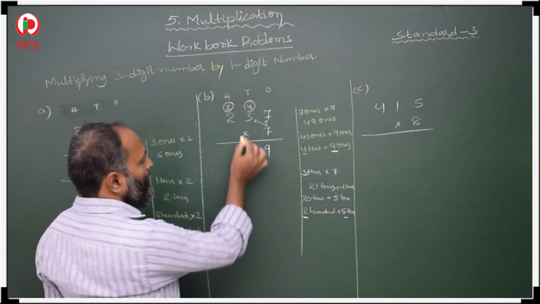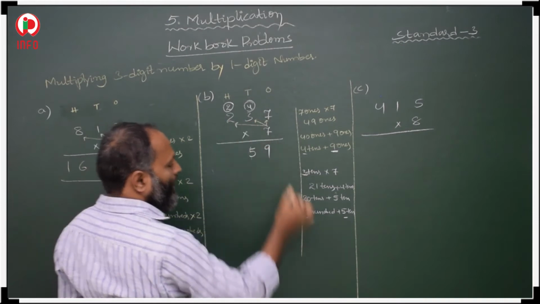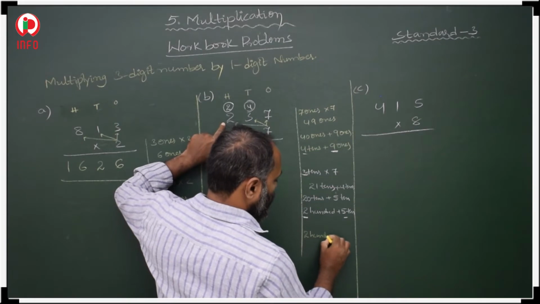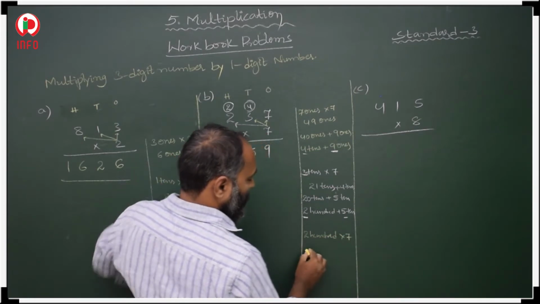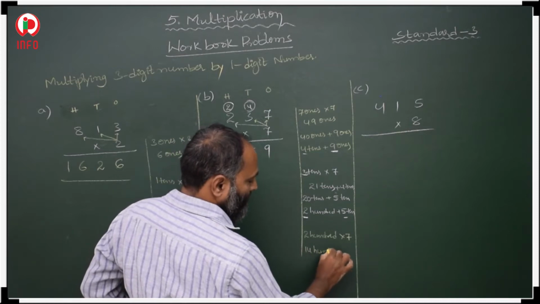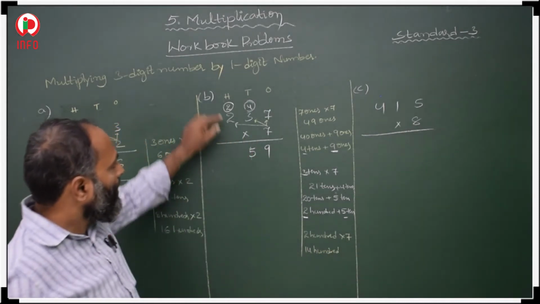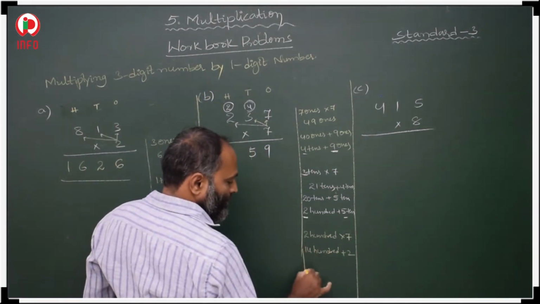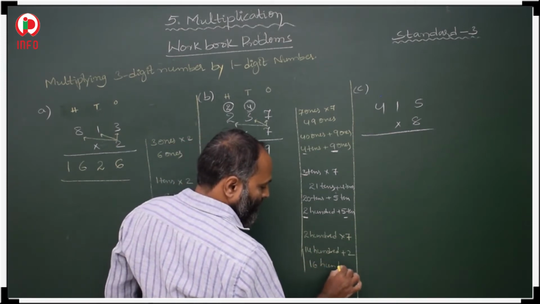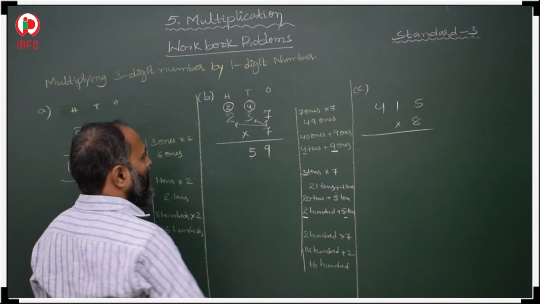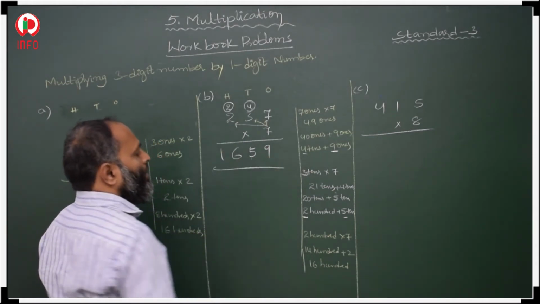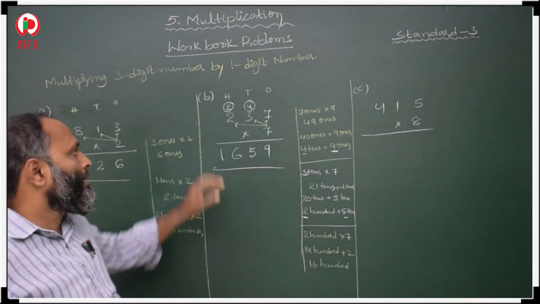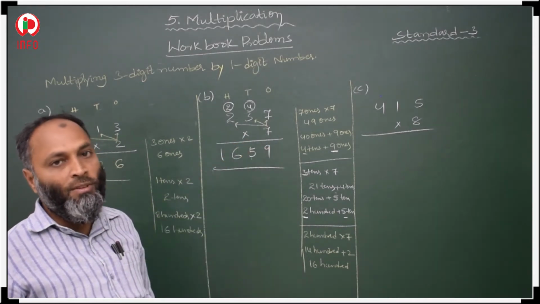Then after that, 7 twos are 200s into 7. 200 with 7. 7 twos are 1400, and 2 is here. So that 2 we have to add. Plus 200s. 14 plus 2, 1600. That 16 complete we have to take here. So in this way we have to do our multiplication if a 3-digit number and a single digit number are given. In this format we have to do.